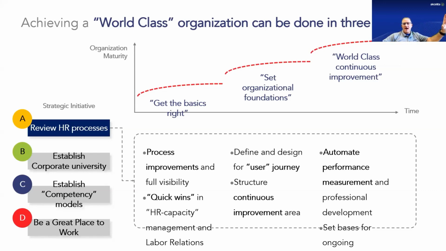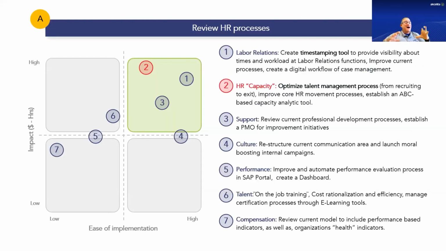And then just aim to get to the world-class level with continuous improvement efforts, also enabled with technology. Okay, next. So as an outcome of that HR strategy project, what V2A left to the client was a set of initiatives and how they were prioritized based on the impact those initiatives have and the ease of implementation. So clearly, the upper right-hand side quadrant is the one that you want to focus on as an organization, because it's